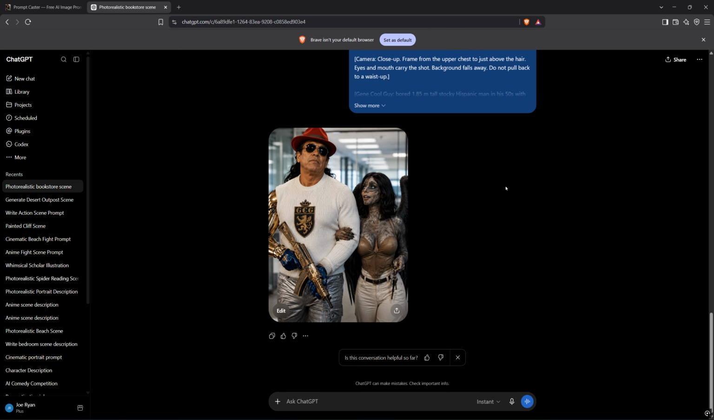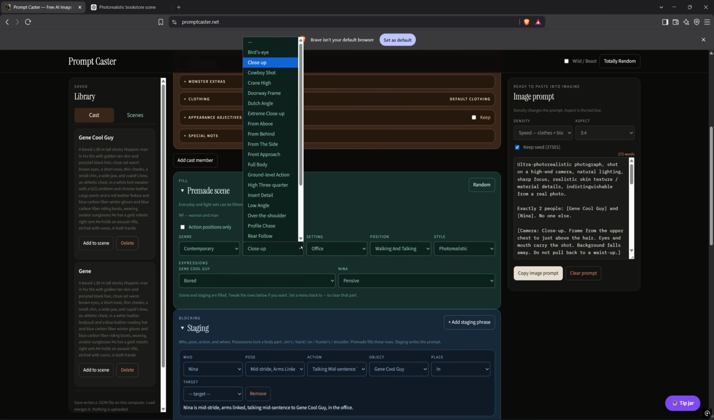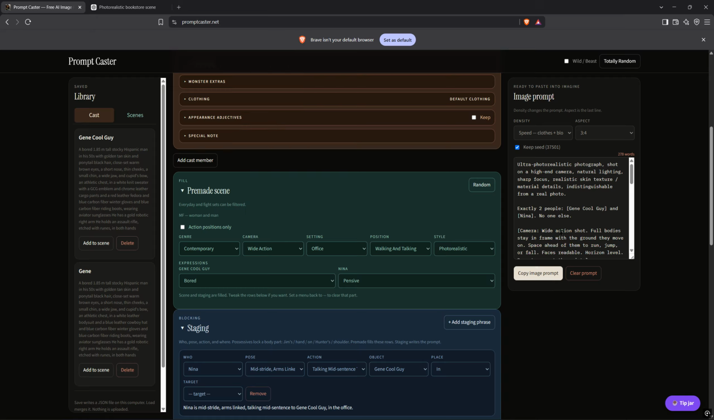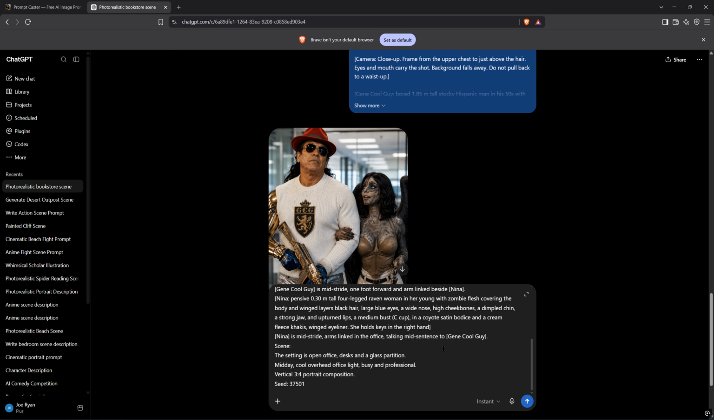But it could also be that this is a good example of why AI kind of messes up. When I told it to zoom in close, I bet you if I zoomed out, she would be the proper size. Because I'll tell you what's happening here, or at least I'm going to guess what's happening here. So let's do wide action. Everything else the same. Copy image, regenerate. Because I think what's happening here